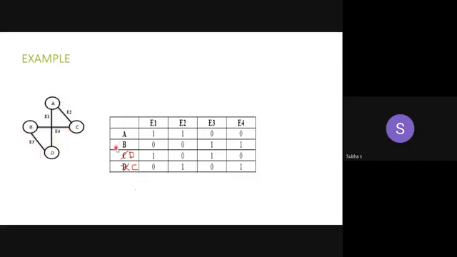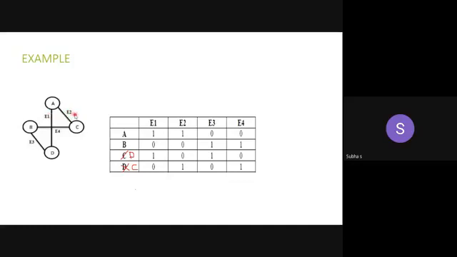Here mention the vertices as rows A, B, C, D. There is a small mistake: I have mentioned D first, then C. Either change the values, or you can take it in order A, B, C, D. How many edges are there? 4 edges are there. So make them columns, with column names E1, E2, E3 and E4. So let's start with A. Incident means what? If any edge is incident on the vertex, or if any endpoints are considered for an edge, we can call it like this. So what is the endpoint for E2?